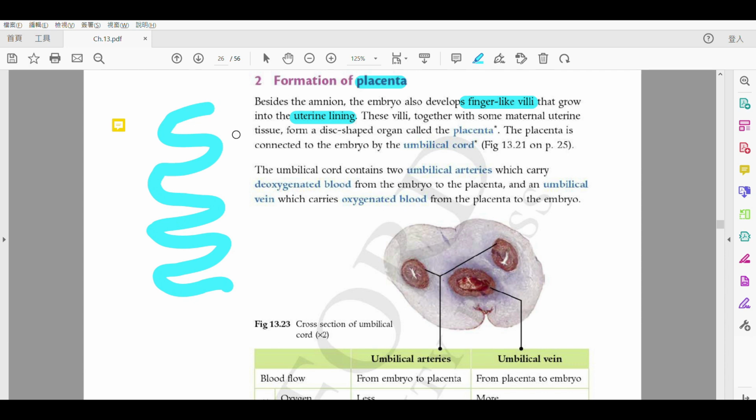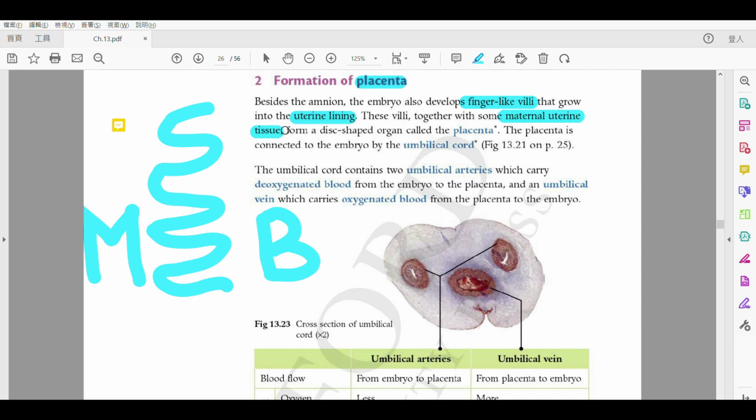Okay, so as you can see, this side will be the baby. I'll just draw a big B. And this side will be the mother. Okay, so the baby will develop these structures of the villi, and then it gets into the uterine lining. So 會黐住咗，okay, into the uterine lining 嘅。而 at the same time 啦，就會有 some maternal uterine tissue 啦。